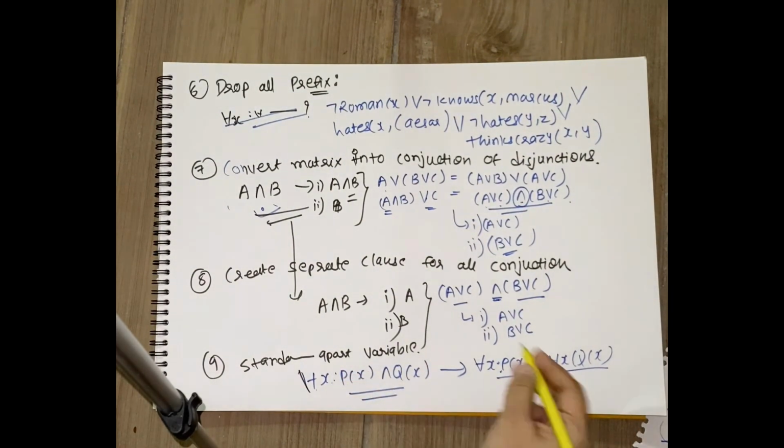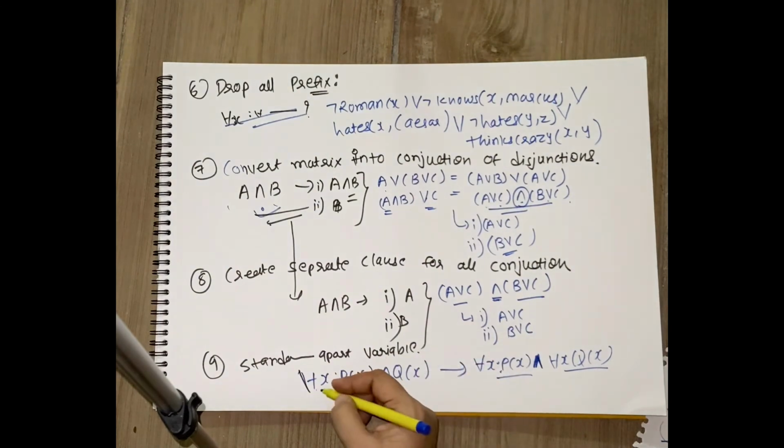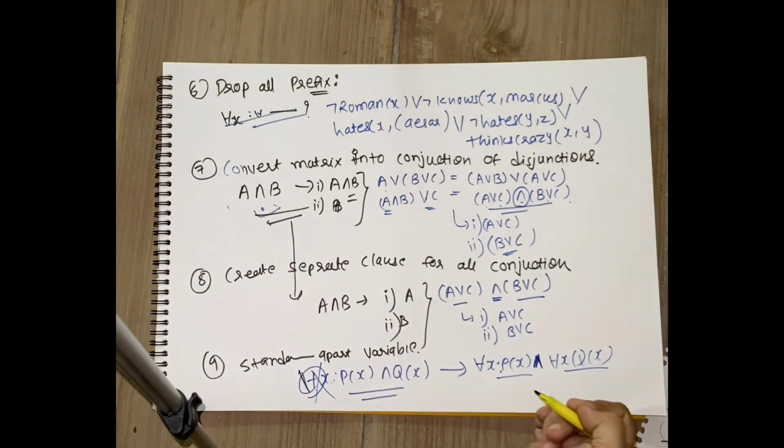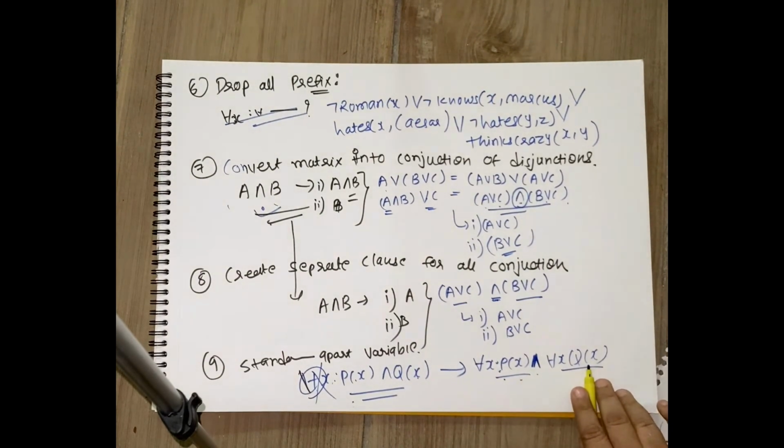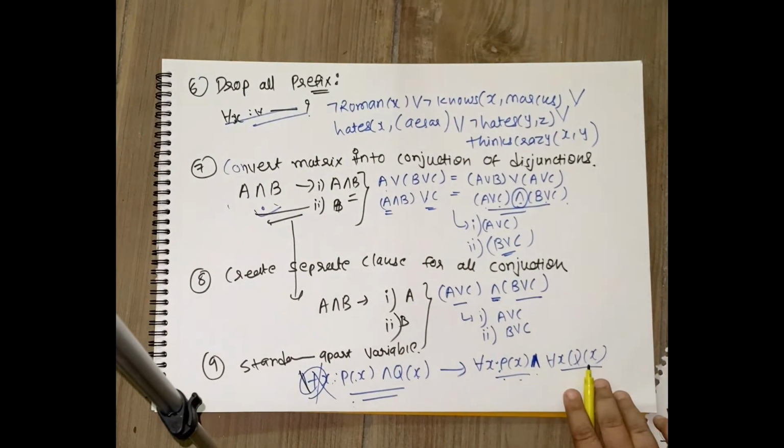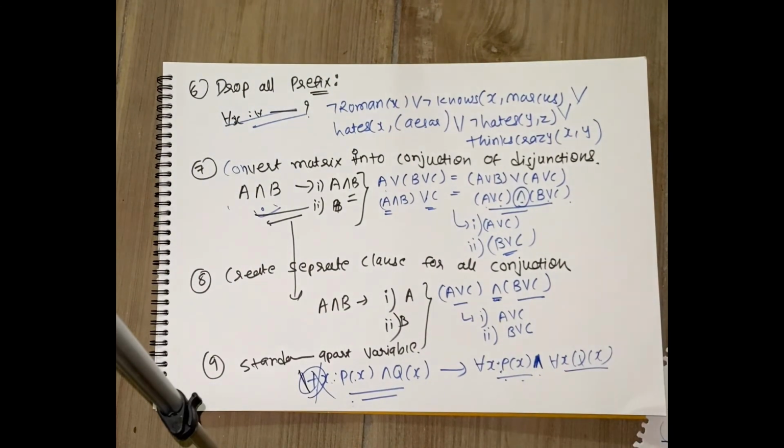This is not going to apply in most of the cases because quantifiers are already dropped. What we are trying to say is, whatever variables you use, if they depend on another variable where you have to pass the value, then the same variable name should be used. But if the predicate is not passing any value and it is independent, then you are not going to use the same variable, but separate variables should be used. That's it. So these are the 9 steps that can be applied for converting the predicates to conjunctive normal form.